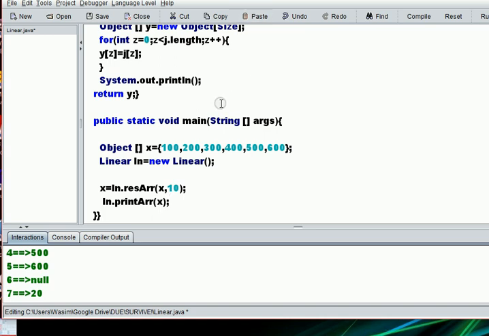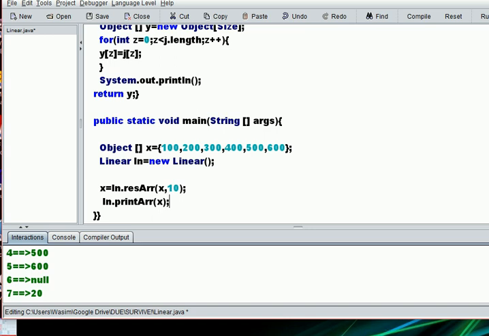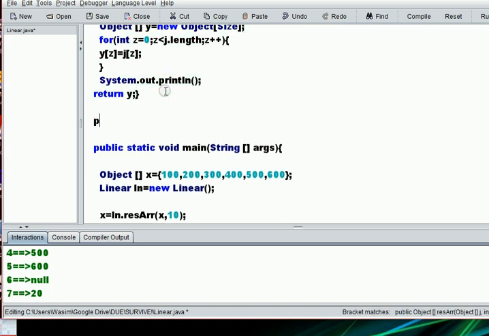So we'll create another method of reverse. We have print, we have resize, and now we'll create a reverse method. So go ahead and write public. You don't have to write string. Let's just keep it word for now. Rev array, rev array. Okay, of course we'll receive an array. So object, I'm